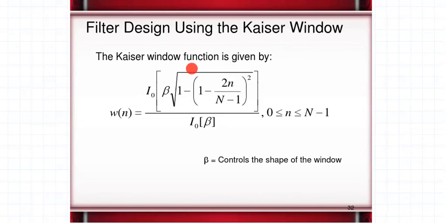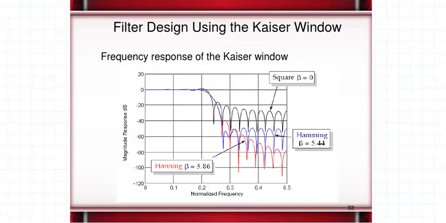So this window has adjustable characteristics that change the shape of the window, and that's why the Kaiser window is said to be the best window, because we can obtain the desired characteristics by adjusting this beta factor. This is better understood by this particular figure, friends. What is seen here is the Kaiser window plotted for different values of beta. As you change beta, the frequency characteristics of your Kaiser window change.